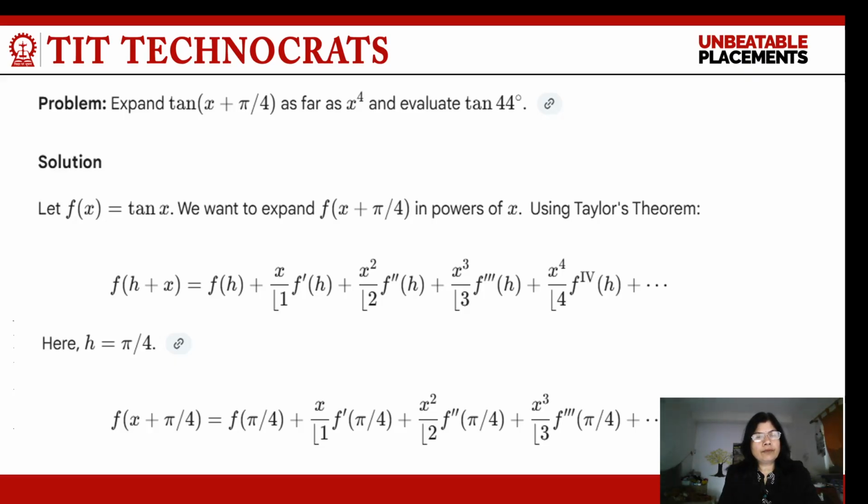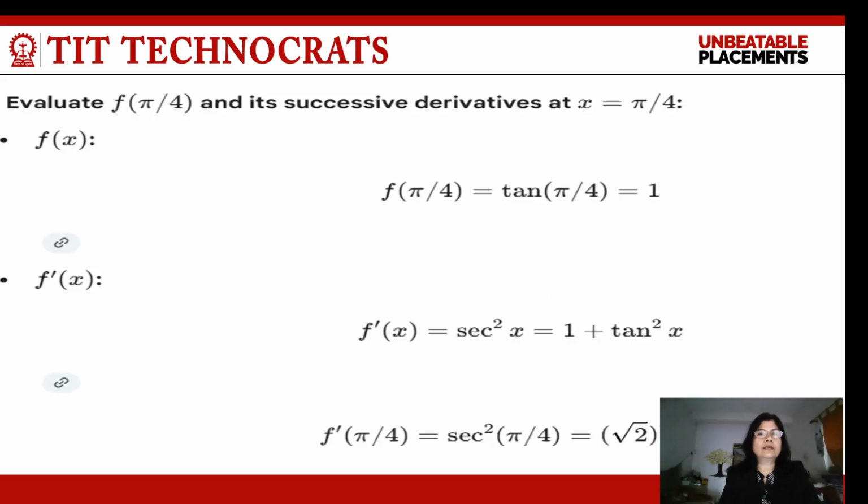So we get f(x + pi/4) = f(pi/4) + x/1! f'(pi/4) + x^2/2! f''(pi/4) + x^3/3! f'''(pi/4) + and so on. Now differentiate the given function